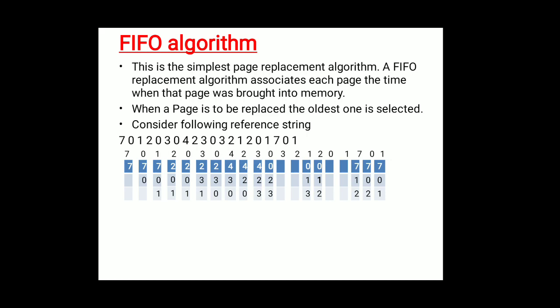So now you can observe in the previous frame, that is 0 2 3, 3 is already present, so you don't have to bring again the page number 3 from the hard disk. So 3 is already present in the memory, so it will be treated as a page hit. Now similarly for the page number 2. As you can observe, even page number 2 is available in the main memory. So this is called a page hit.